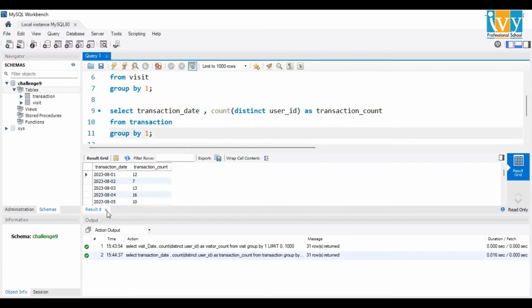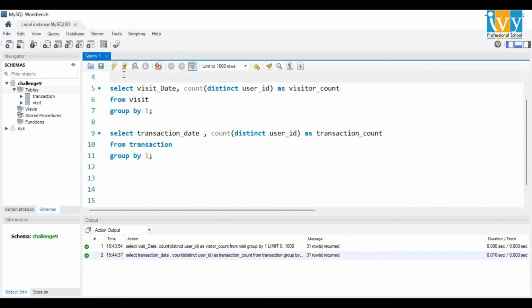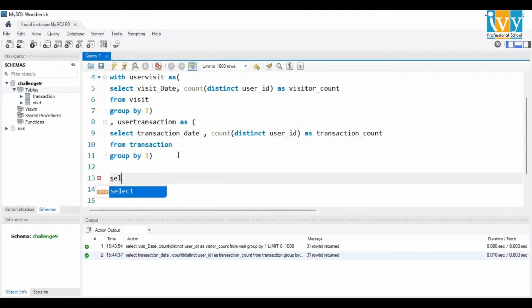Then we will use CTE to convert these two queries into CTEs. So user visit as, comma, user transaction as, and then we will use select from user visit